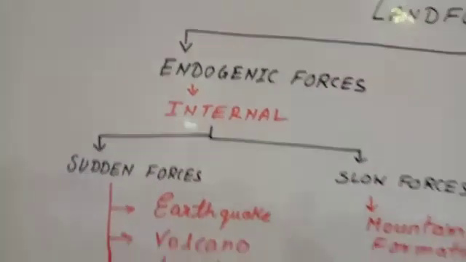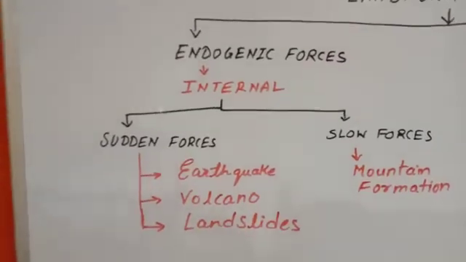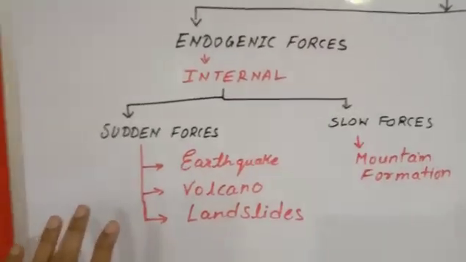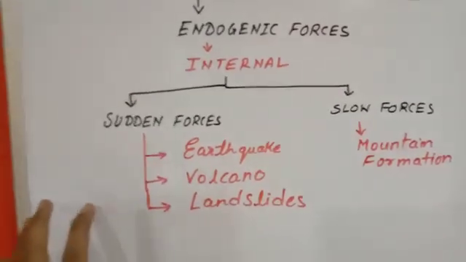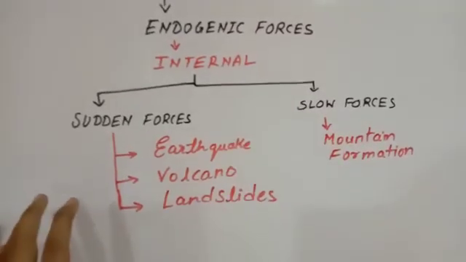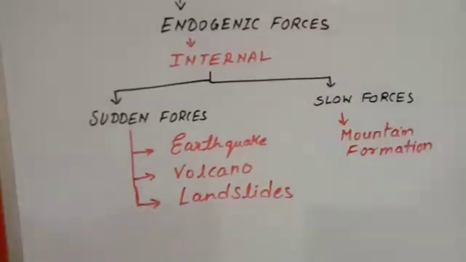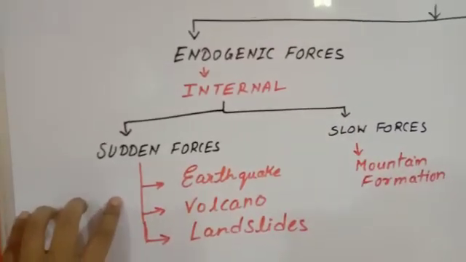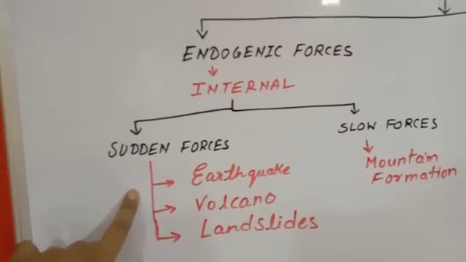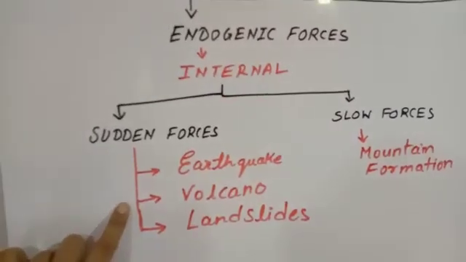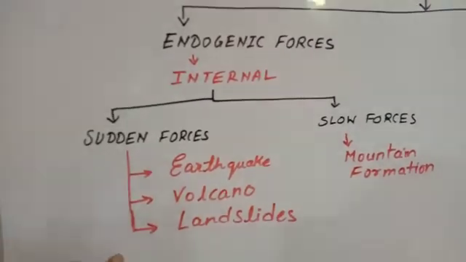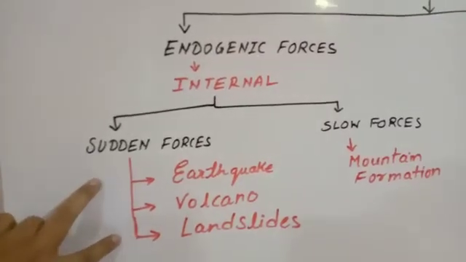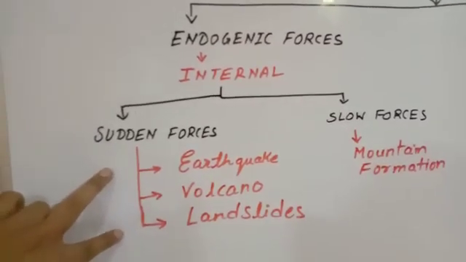Now there are two types of internal forces or endogenic forces. One is sudden forces, which occur at a time and create a drastic change in the earth's landform, in the earth's structure. The sudden forces are earthquake, where at a time an earthquake occurs and changes the shape of the earth; then volcano, then landslide. These three are the sudden forces of the earth,